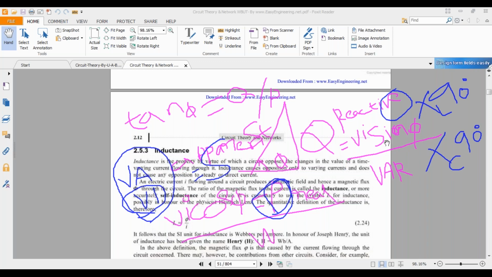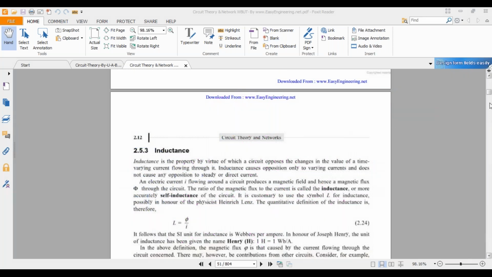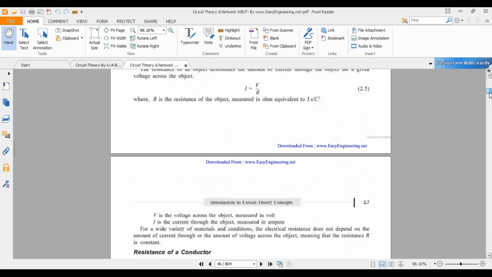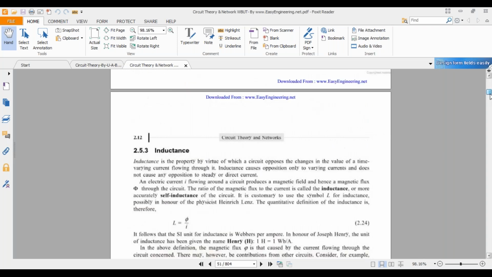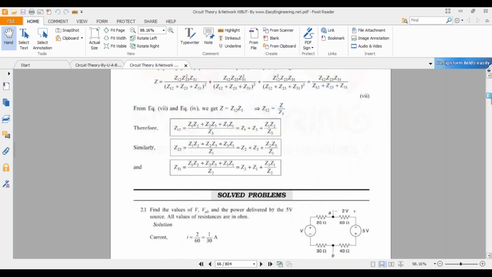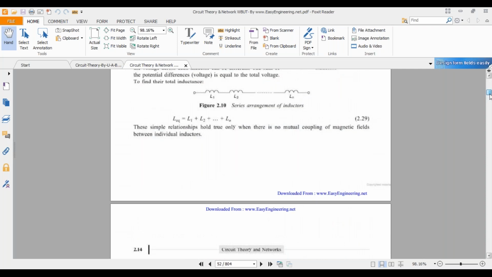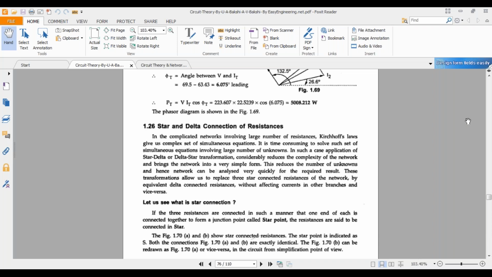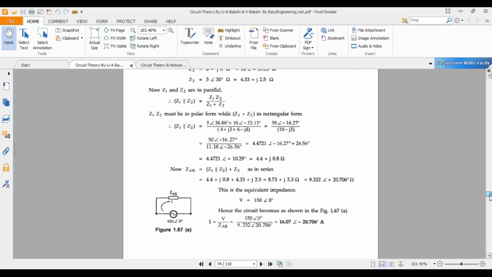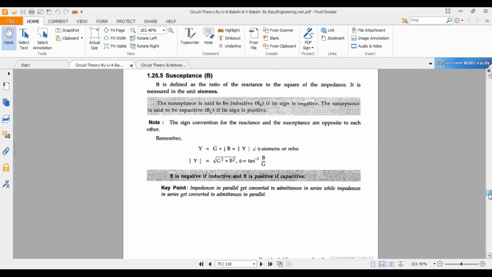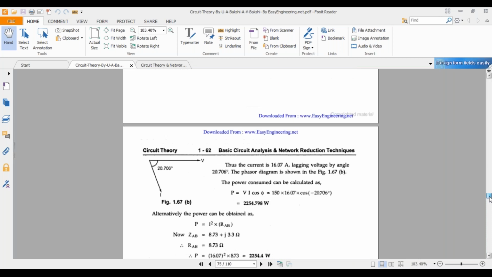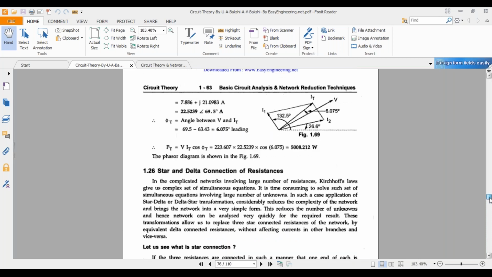Okay. So based upon this, now we can solve various problems related to powers. What is the active power, what is the reactive power of some circuits, etc. Now coming to the next point for this class, admittance and conductance.